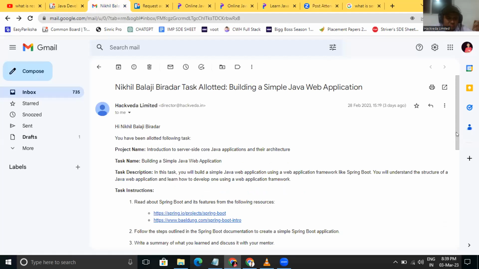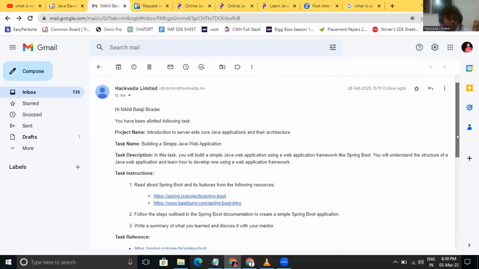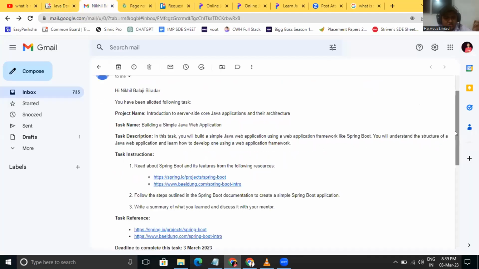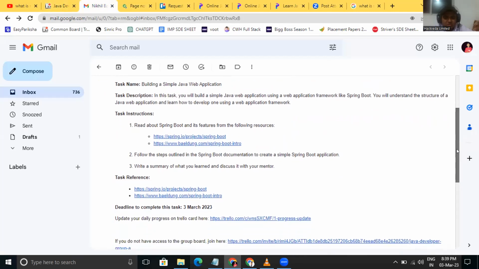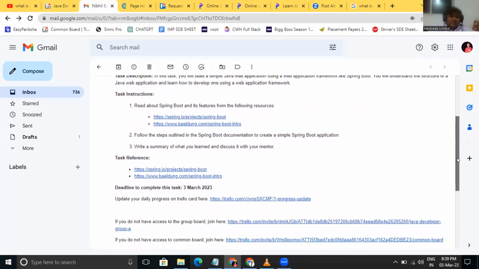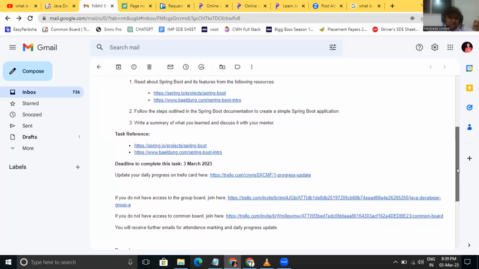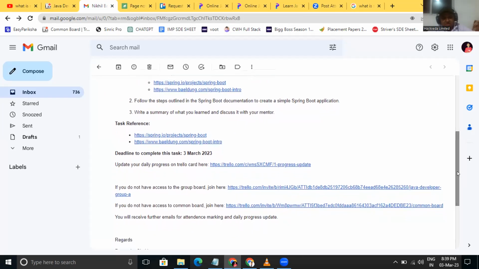So here is the task. Everything is there, like what you need to do. Here just the introduction of Spring Boot is there. See, you are given the things that you need for this task. Other than that, if you have any kind of technical issue, you are not supposed to discuss it here. You have to put it in Trello that you are having this issue, please guide me. Because this is not something that is stopping you from doing this task. That is not an issue from our side.